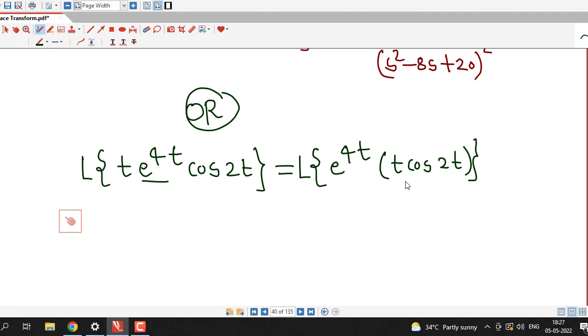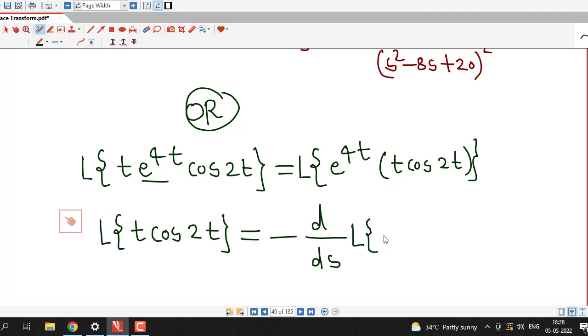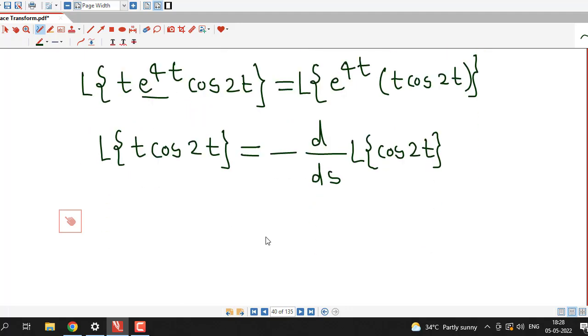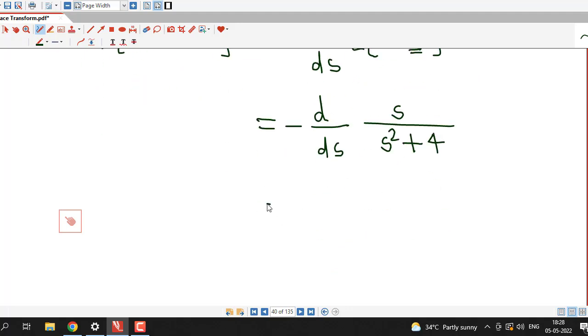And to apply first shifting theorem, first we will obtain Laplace transform of t cos 2t. And we have a ready-made formula for this. This is equal to minus derivative of Laplace transform of cos 2t with respect to s. And we have a ready-made formula for Laplace transform of cosine function, s divided by s square plus a square. A square is 2 square, that is 4. So now we use the formula for derivative, s square plus 4 whole square,